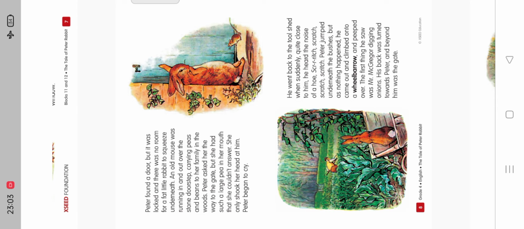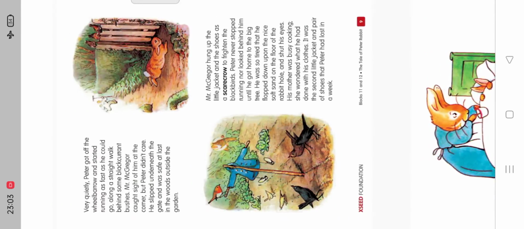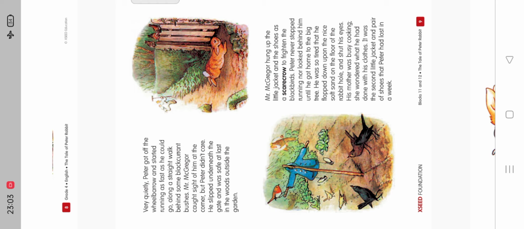Peter jumped underneath the bushes, but as nothing happened, he came out and climbed into a wheelbarrow and peeped over. The first thing he saw was Mr. McGregor digging onions. His back was turned towards Peter, and beyond him was the gate. Quietly, Peter got off the wheelbarrow and started running as fast as he could go along a straight walk behind some blackcurrant bushes.